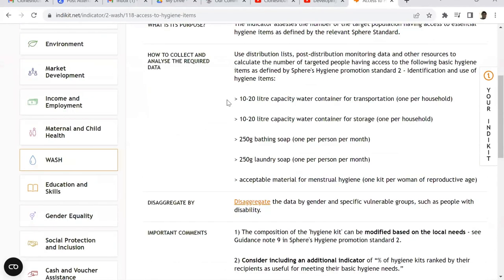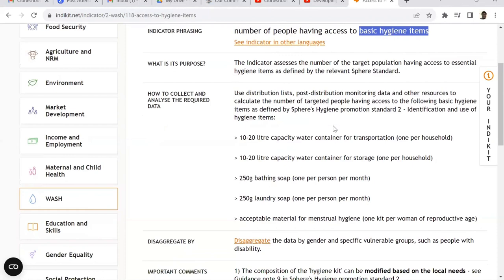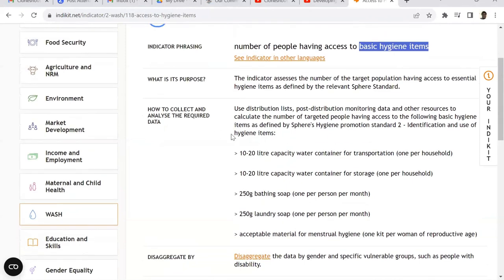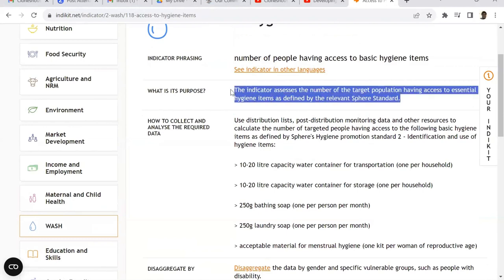So you see some indicators already, like number of people having access to basic hygiene items. Of course, this is generic, so if you have provided some basic hygiene items, then you streamline it to those items. You can see examples of how you can also analyze the data here, and they define the indicators for you.